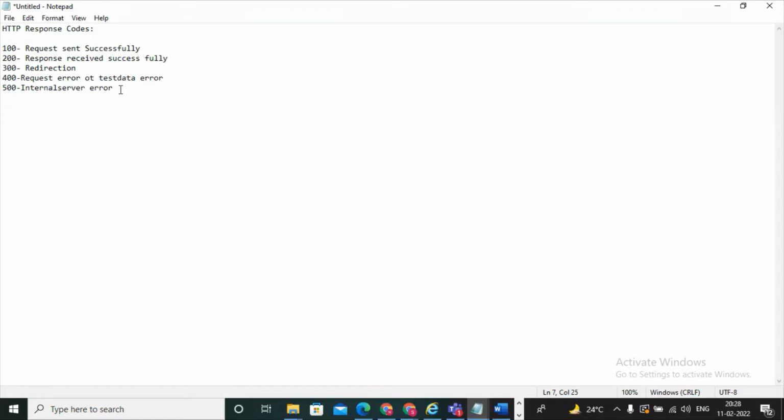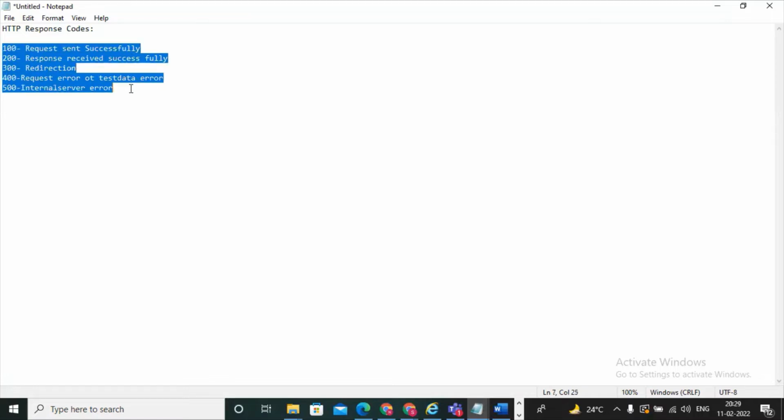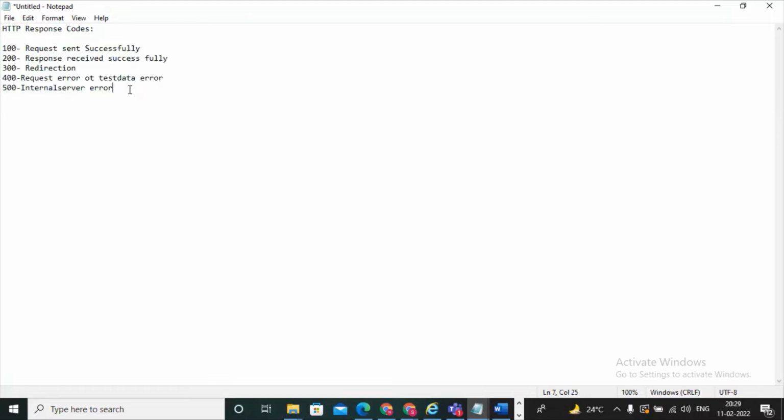Is everyone clear on this? Yes. Any more doubts? What about 404? We have different codes there: 202, 201, 302, 403 and 503 forbidden. We have many different ones, but from our point of view we only need to get these errors, and we know these are the HTTP status codes. Okay.